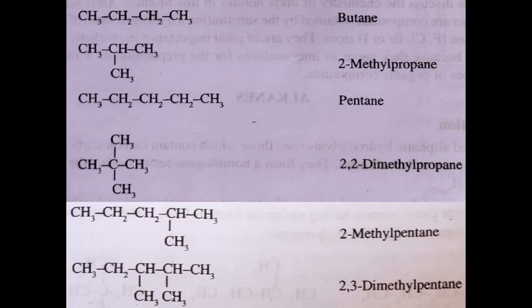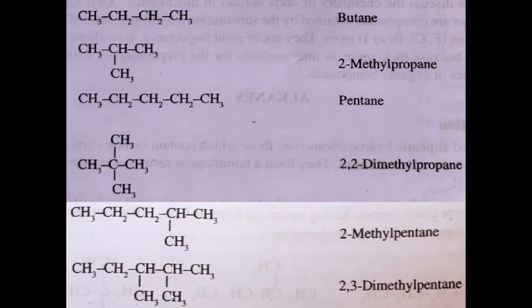So we have to look at which substituent group comes first in the alphabetic order. Ethyl comes first, so we have to first mention this one. So 1 2 3 4 5. So here, 3-ethyl, 2-methyl pentane. Okay, all right. So when you look at the next example, we have to start numbering from here.